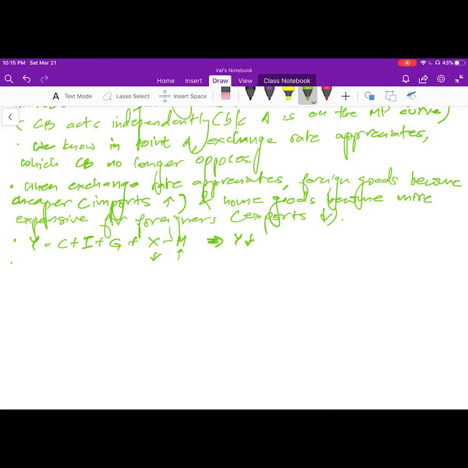And as a result of the decrease in output, the IS curve shifts inwards until it passes through B,